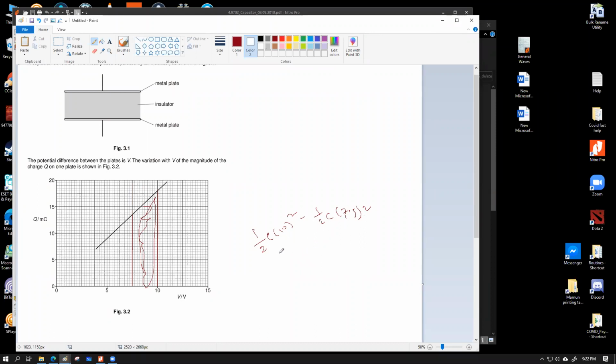A plus B square is not equal to A square plus B square. Exactly. This is the total amount of energy stored in the capacitor at 10 volt. This is the total amount of energy stored in the capacitor at 7.5 volt. So you are calculating these two individual values and then doing the subtraction. What you cannot do is this, half C 10 minus 7.5 whole square. This is entirely wrong. পোলাপানরা অনেক সময় এই ভুলটা করে এবং জিরো পায়।